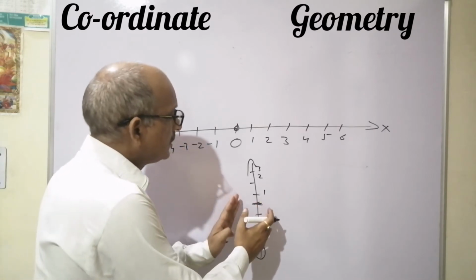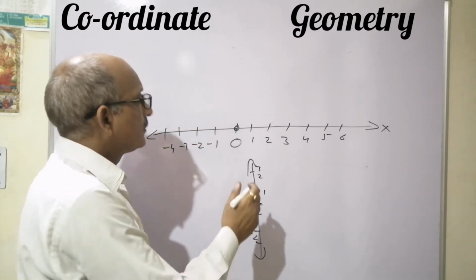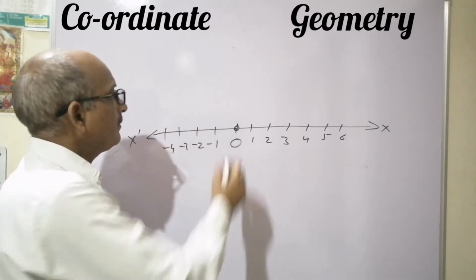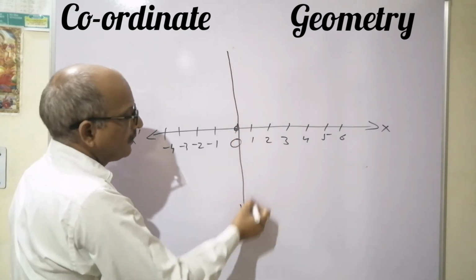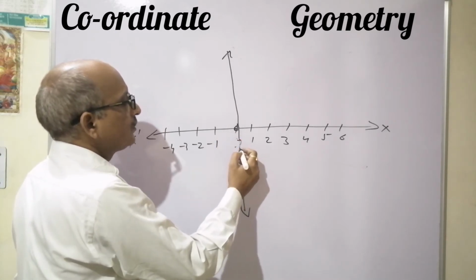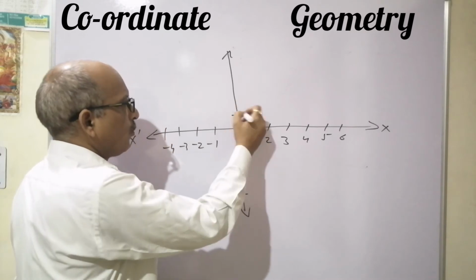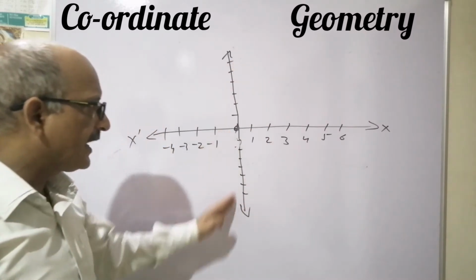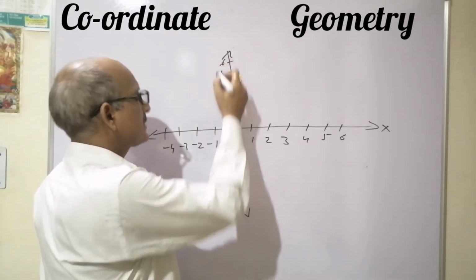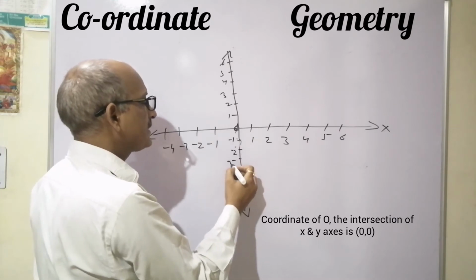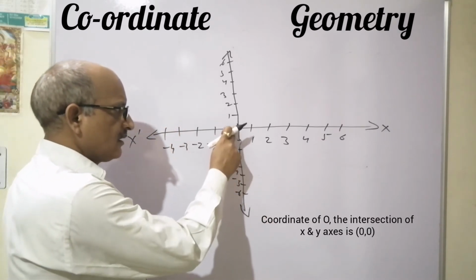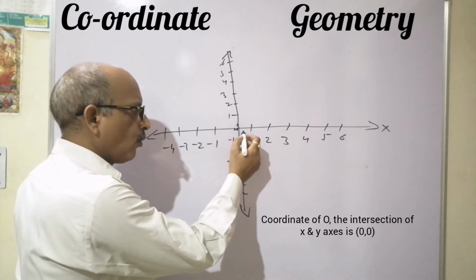So I am going to shift this over here, and we'll get the plane divided into 4 parts. This is the coordinate plane. Here 1 2 3 4 5 6 7 on each side, negative on this side and above it positive. We can write 1 2 3 4 5 6, and -1 -2 -3 -4 -5 and so on. This intersection point is known as O, the origin.